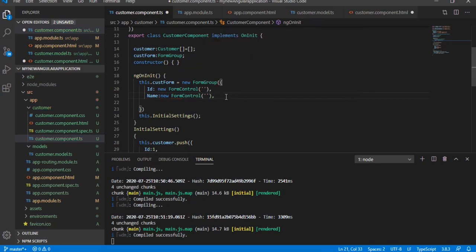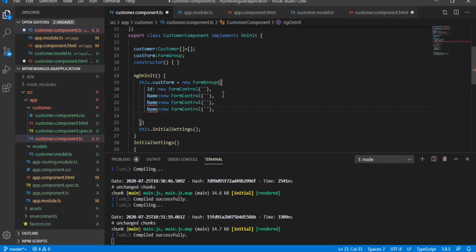Comma, just copy this, and similarly add address and gender.